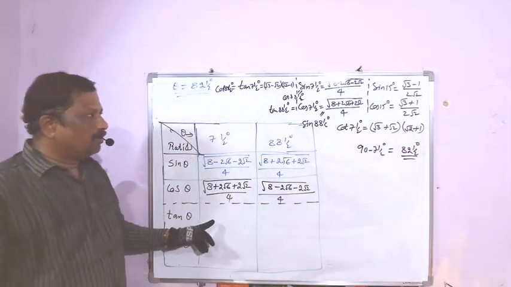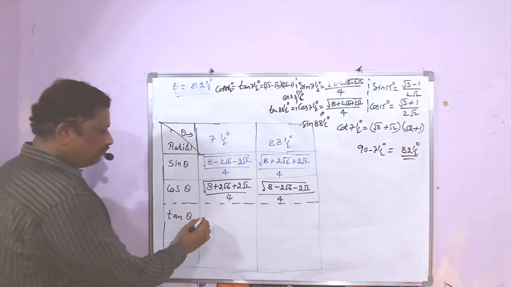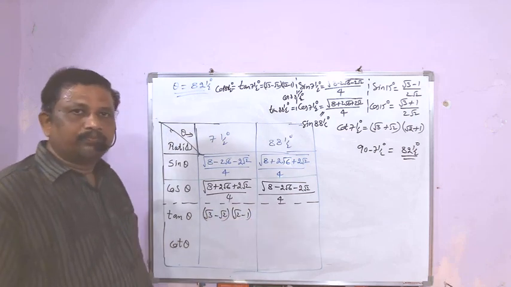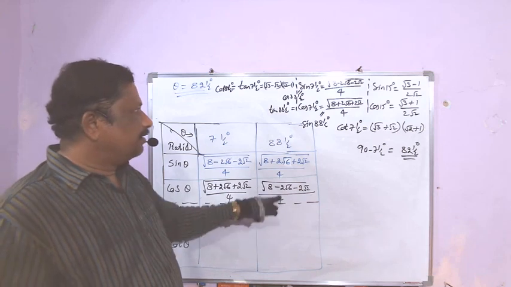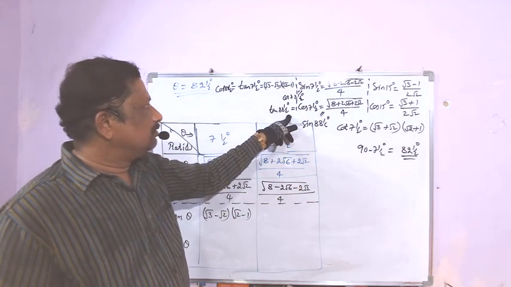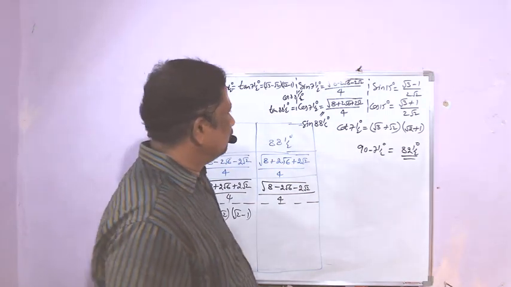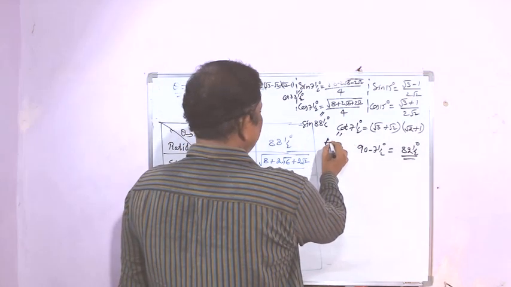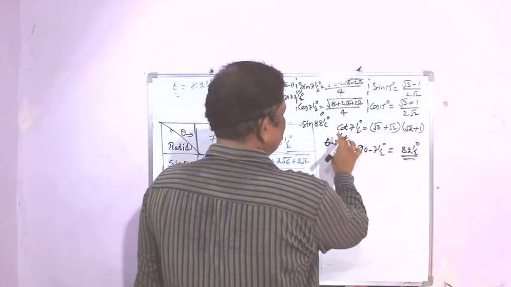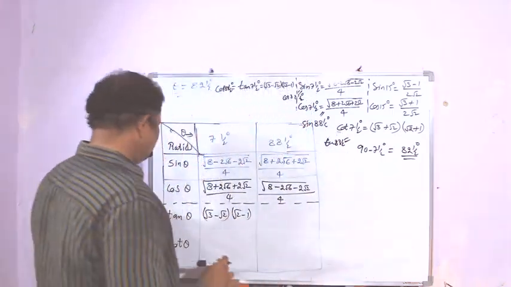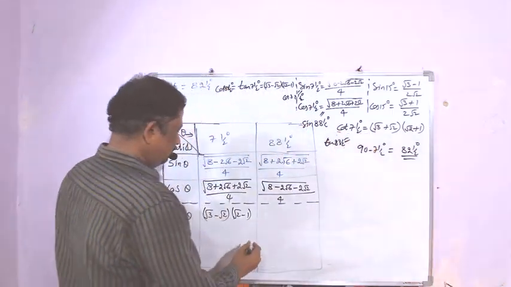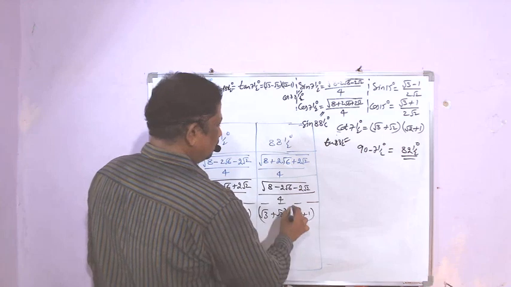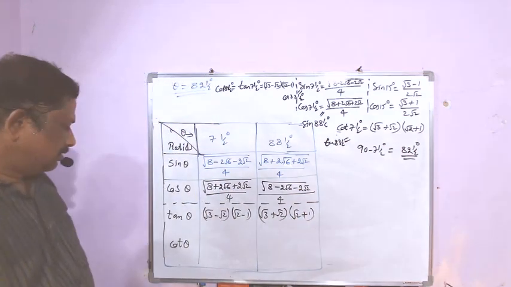Next, tan 7.5 degrees. So root 3 minus root 2 into root 2 minus 1. Next, tan 82.5 degrees. Tan 82.5 degrees is equal to cot 7.5 degrees. So whatever we have for cot 7.5 degrees, I have to write here: root 3 plus root 2 into root 2 plus 1. Okay. Next, cot